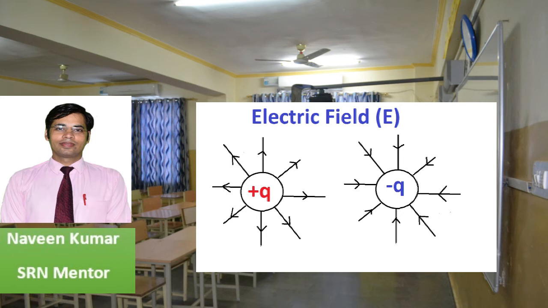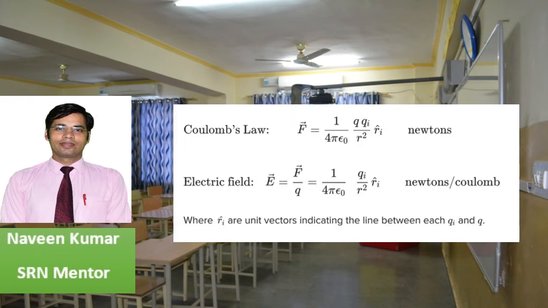So the electric field vector is E equals F by q naught. Substitute the value of F. This is 1 upon 4 pi epsilon naught q q naught divided by r square, and then further it is divided by q naught. So the electric field formula is 1 upon 4 pi epsilon naught q divided by r square. As there is nothing special about the point we chose for q naught, the above equation gives the electric field at every point around the point charge.